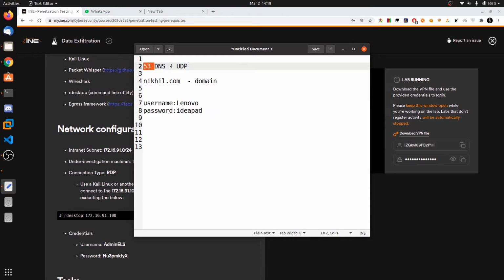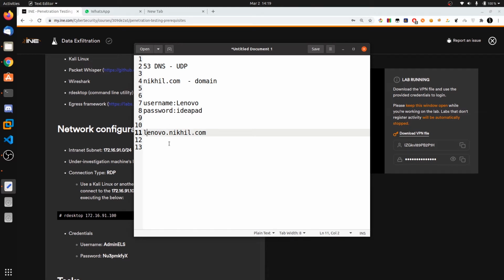This only accepts DNS queries. So what we can do is send it as a request to a subdomain, lenovo.nikhil.com. When the malware sends the request to lenovo.nikhil.com, I will get this request because it's nikhil.com, my website, and Lenovo is a subdomain.